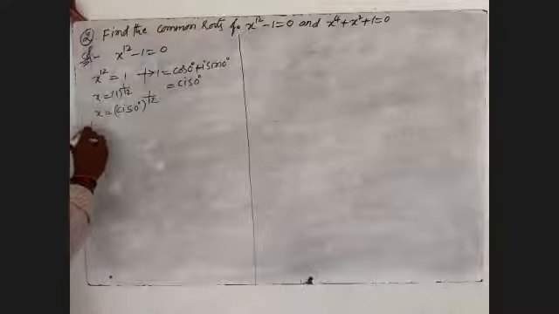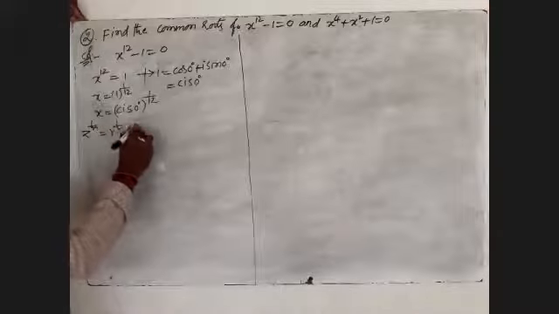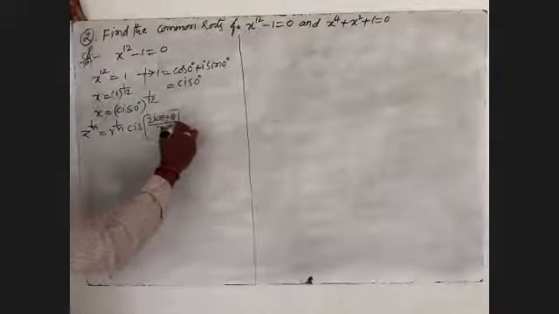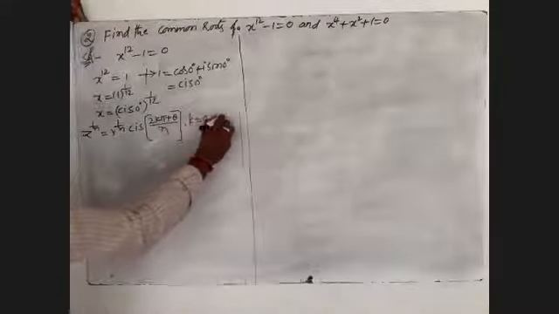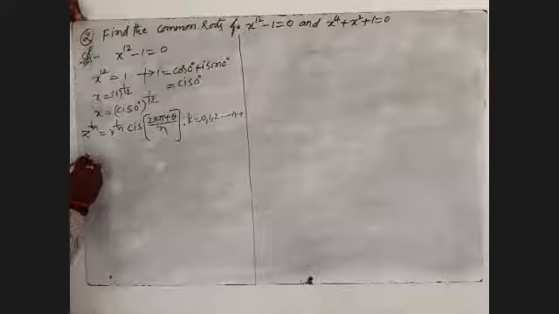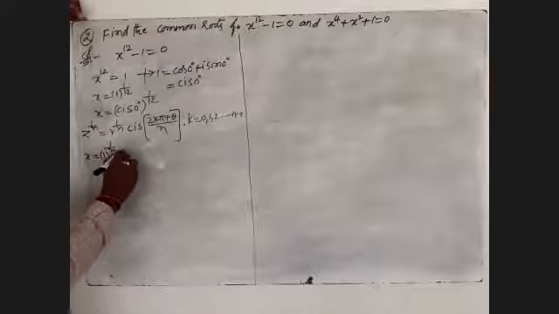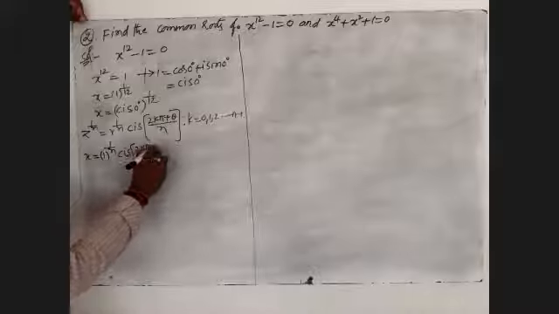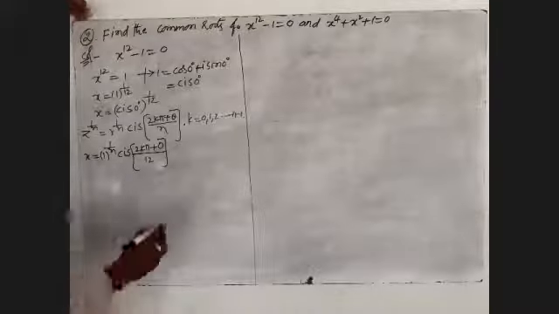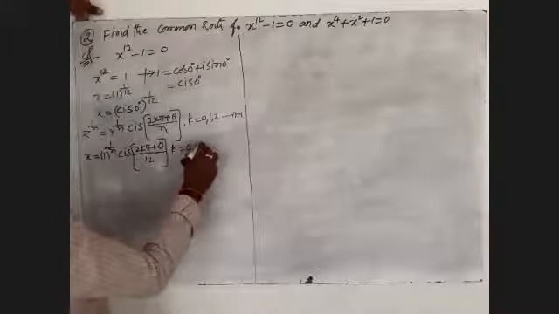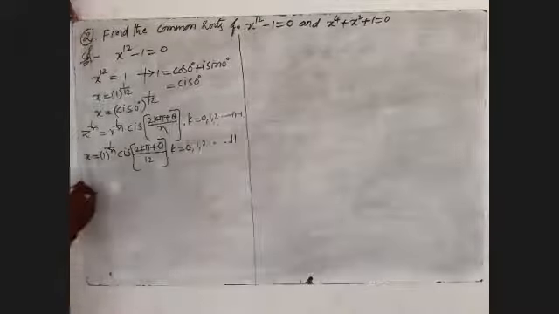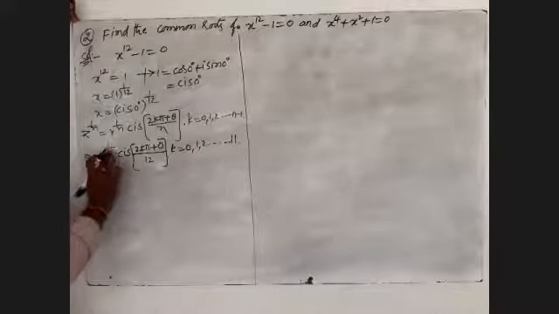Already we know one formula: z power 1 by n is equal to r power 1 by n into cis of (2k pi plus theta) by n, where k is nothing but 0, 1, 2 and so on up to n minus 1. Here we have to expand this one. I will write x is equal to 1 power 1 by n into cis of (2k pi plus theta) by n, where theta is nothing but 0 degrees. What about the value of n here? Where n is 12. Remaining, we have to write k is equal to 0, 1, 2 and so on. n is 12 means n minus 1 is nothing but 11.